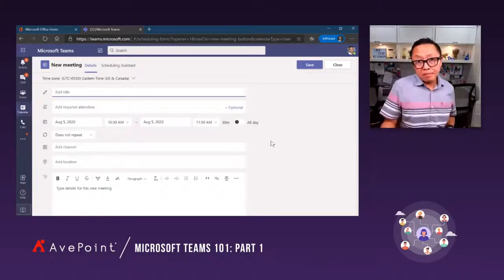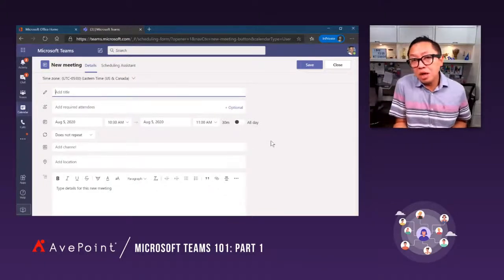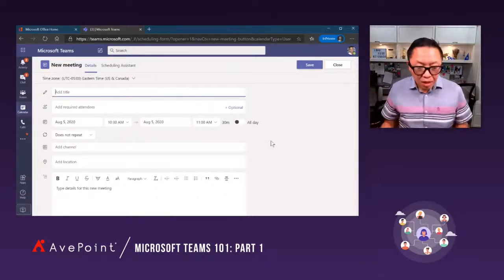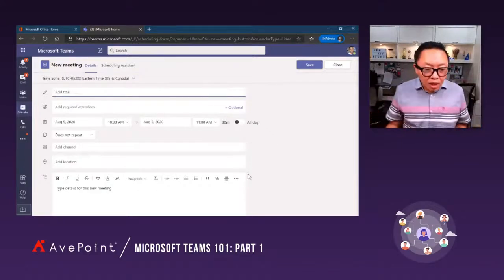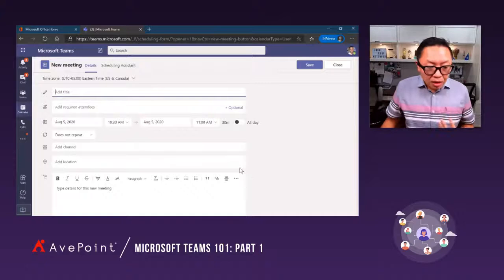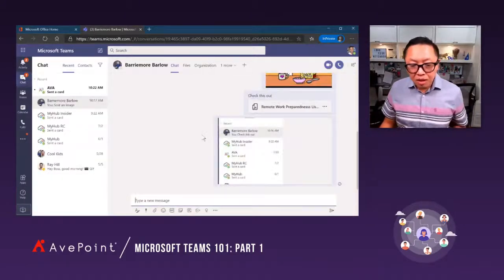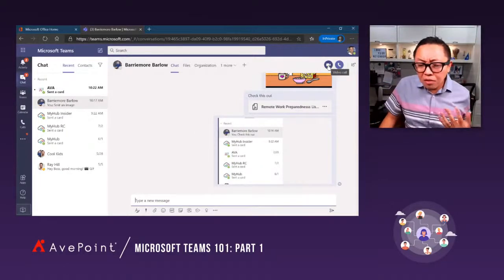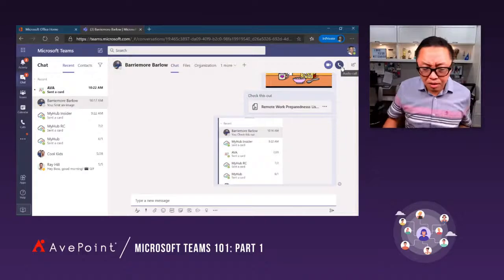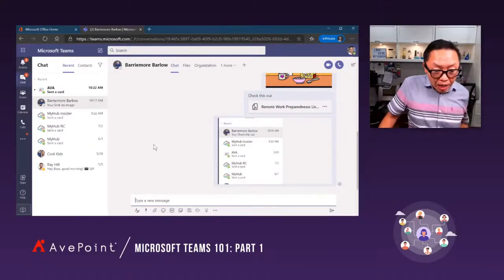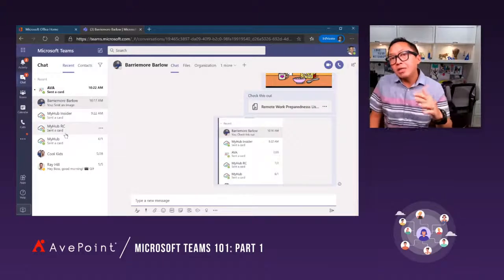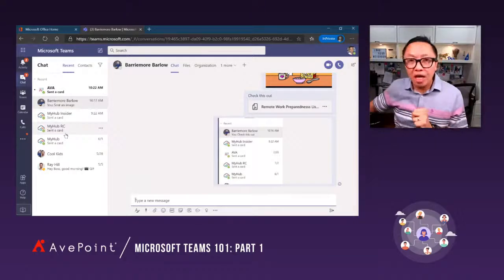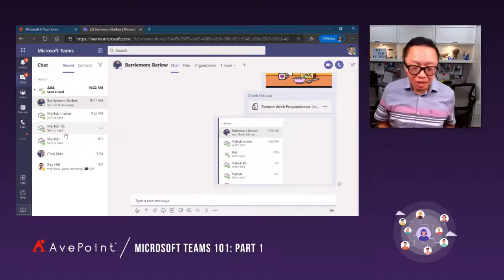Or you can go to Outlook, just like you've done in the past with Skype. You go to Outlook, create a meeting, and just say location is Teams. Once you do all that, it'll be in people's calendars, and then they can jump on the meeting. The other way of starting a meeting, and these are more ad hoc, is in a chat: you can click on the video call or call, and then you have your ad hoc calls. The third way, which is more related to a topic we're going to talk about in a second, is you can create a meeting within a team channel. I'll get to that once we get to talking about creating teams.